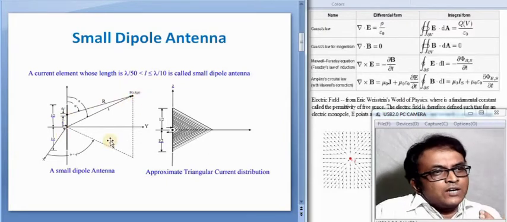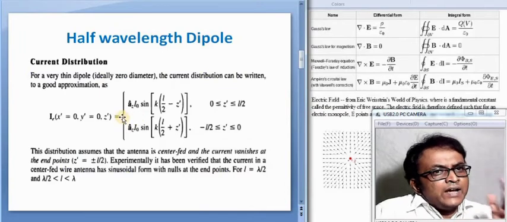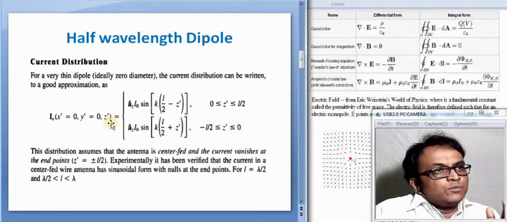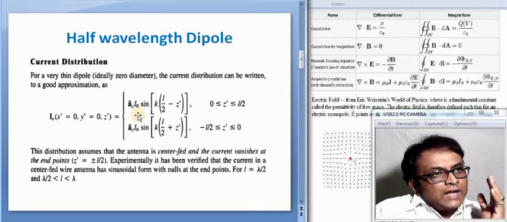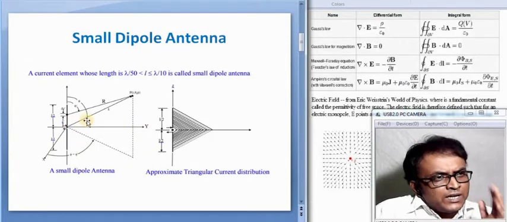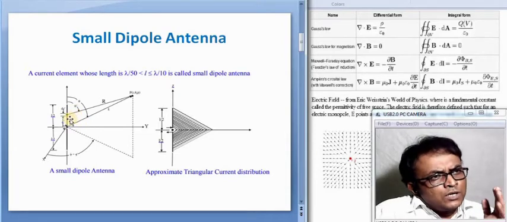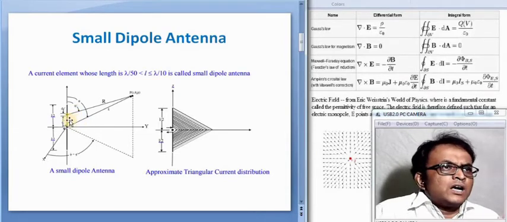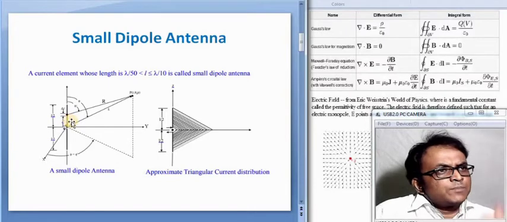So, at any instant of time, at any point P in space, that is r, theta, phi in the spherical coordinate system, the elevation plane is theta and the azimuth plane is phi. The position P is at a distance r from the center of the dipole. The dipole is situated along the z direction, and half of the dipole is on the upper side of z, that is the plus z coordinate,